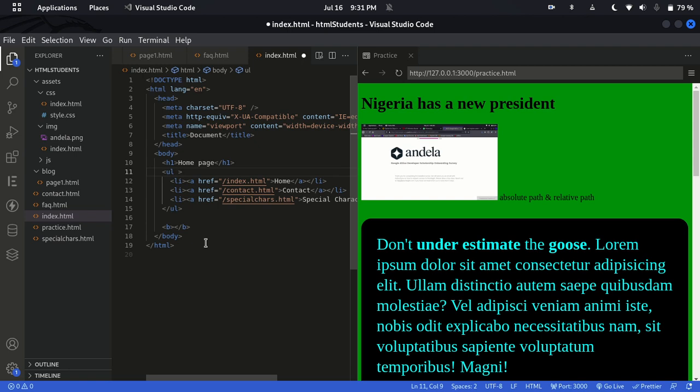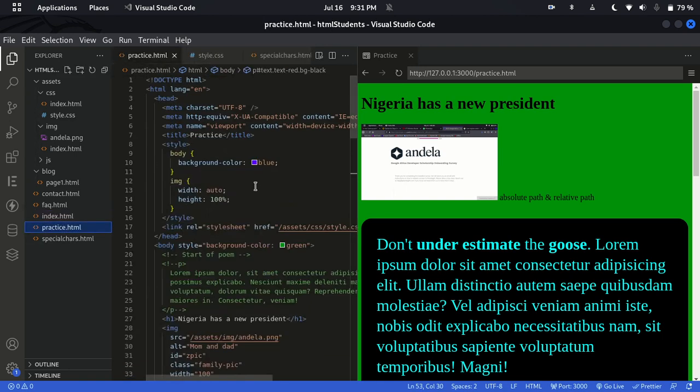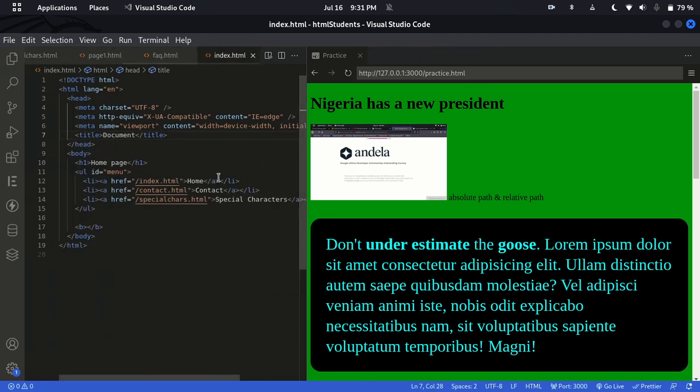Let's give it an ID menu. I'll link this one here. Let's just copy this CSS, Ctrl B to hide that. Let's copy this, I'll paste it here,